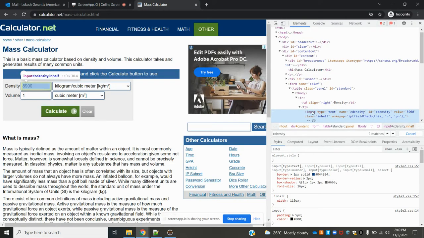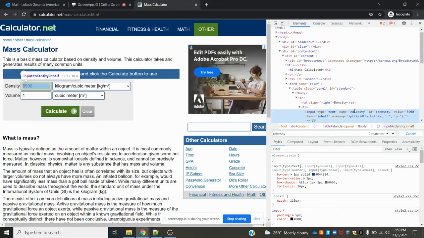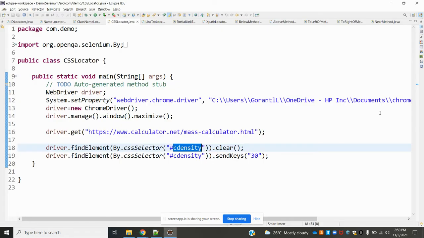Now this is the one presented. Input is a web element. In that web element there are three locators. Any one should be unique, it must be presented. That unique value we need to present with the hash. Then it will find that element very fast. The hash that I gave is this id name cd, this one. Then it will take it and run.